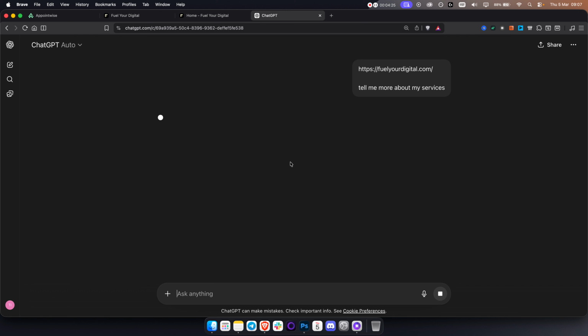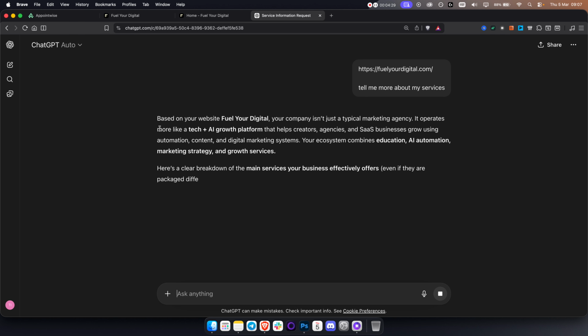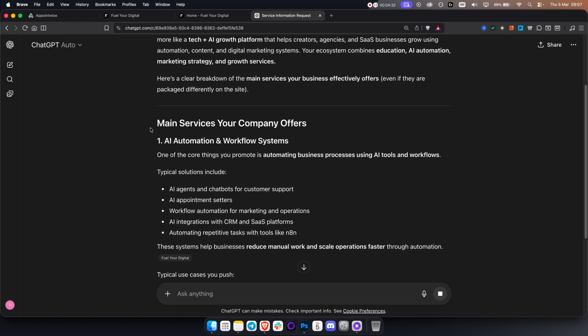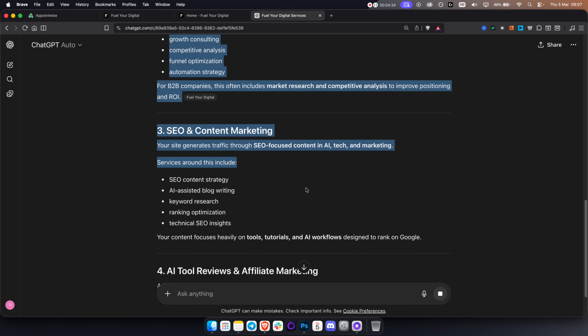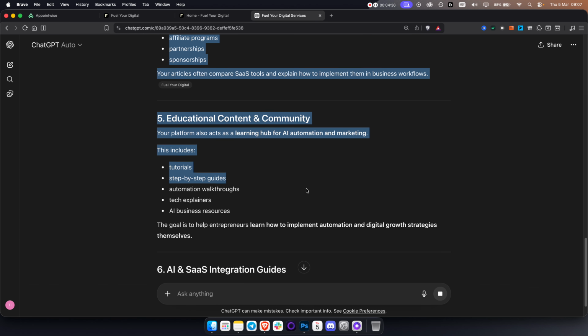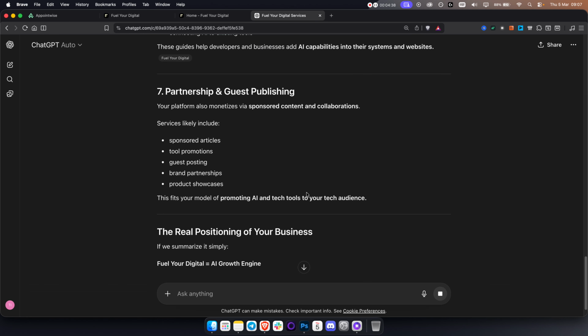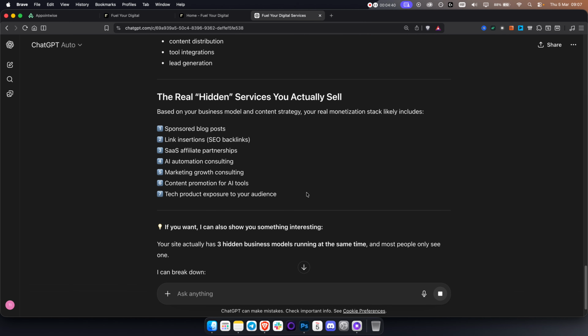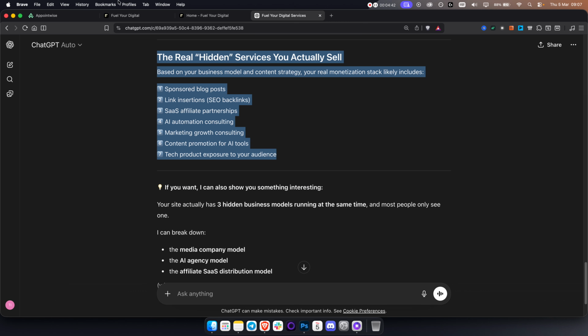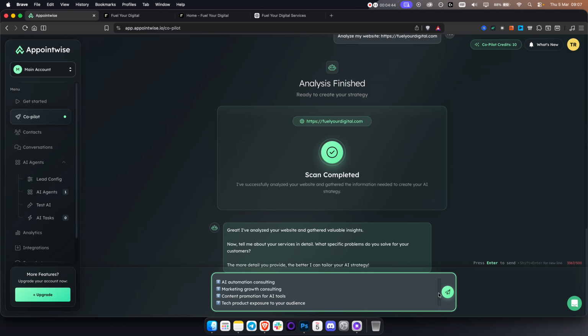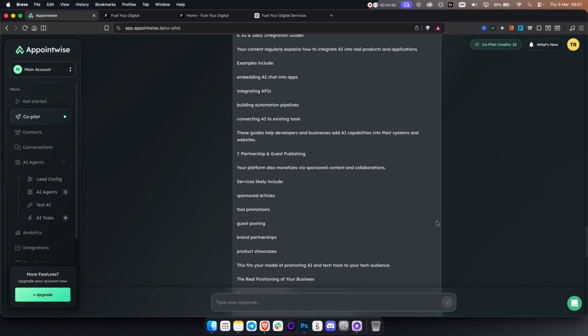So it will just scrape the website. So we're going to go in here and we're going to be, again, copying all of this and pasting it right here, just so our AI appointment setter knows what we are all about. From here, what we want to do is, since this is an AI appointment setter, we want to book appointments